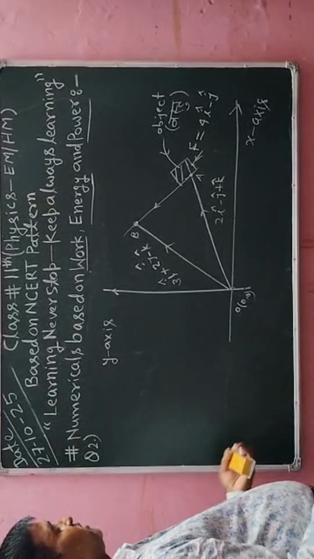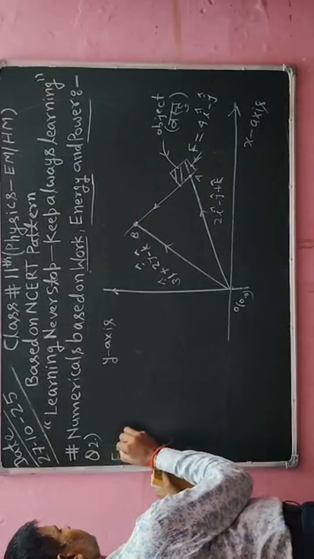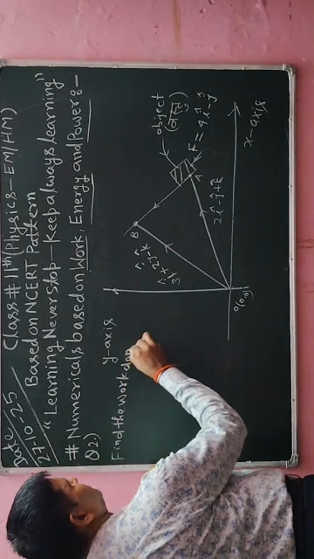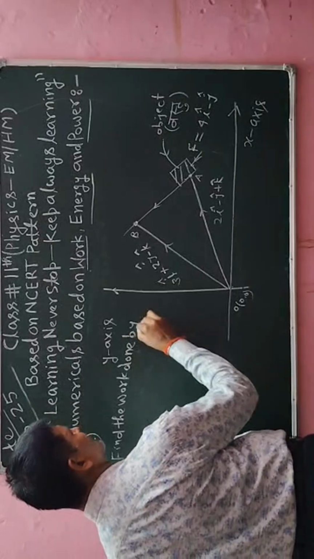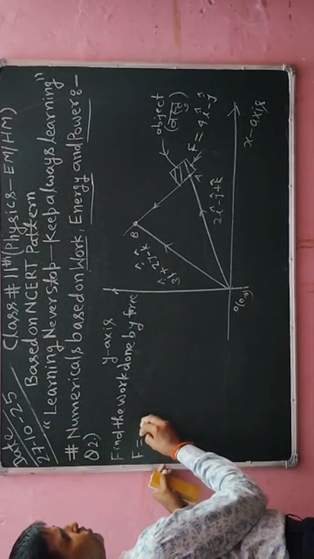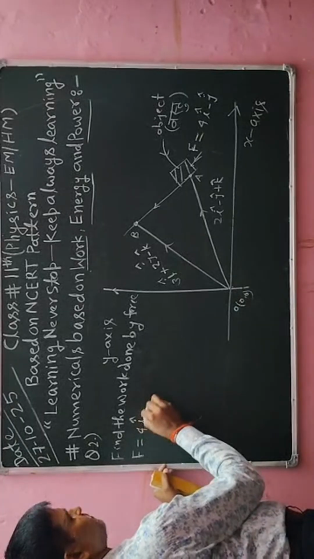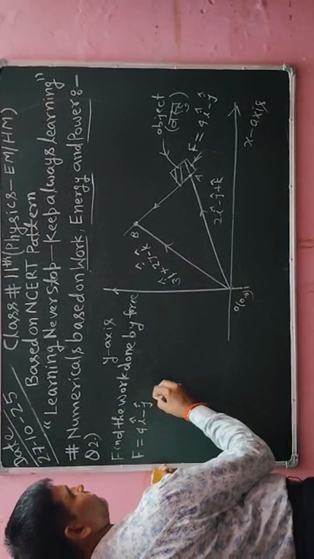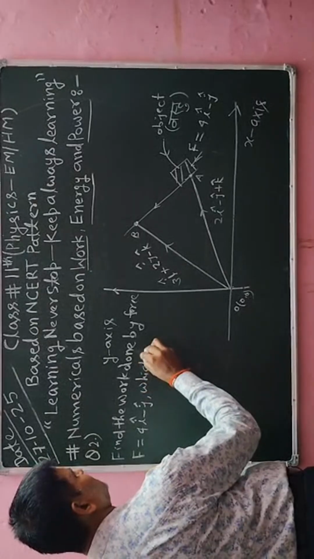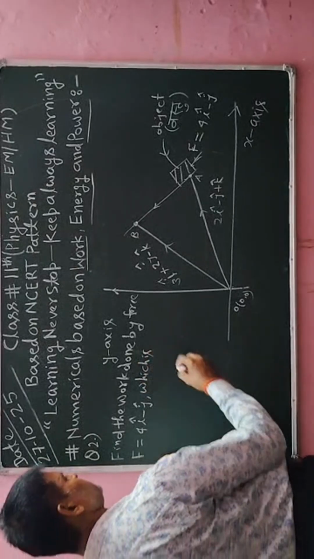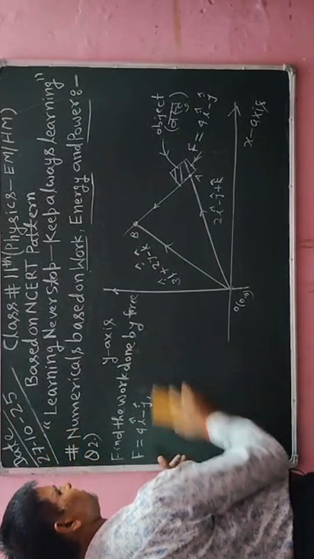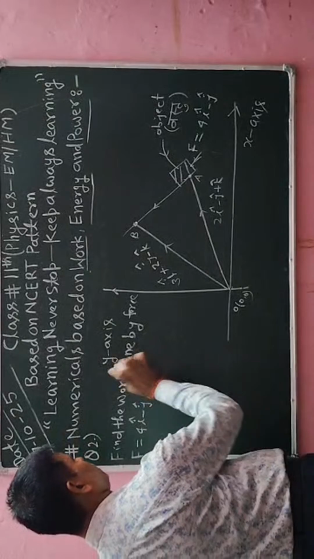Now we have to find the work done by force F, which is equal to 4 vector i cap minus vector j cap, which is moving. The object is moving